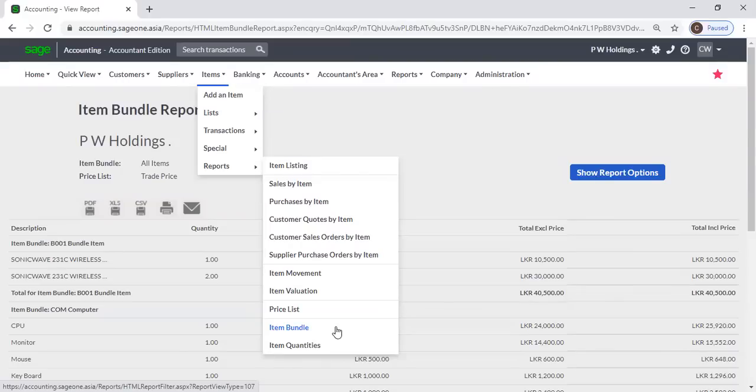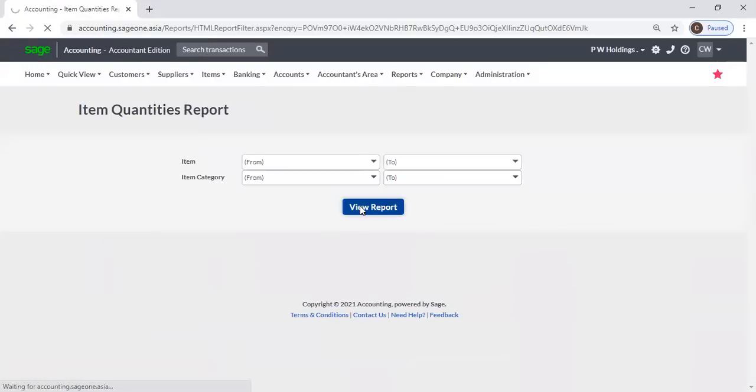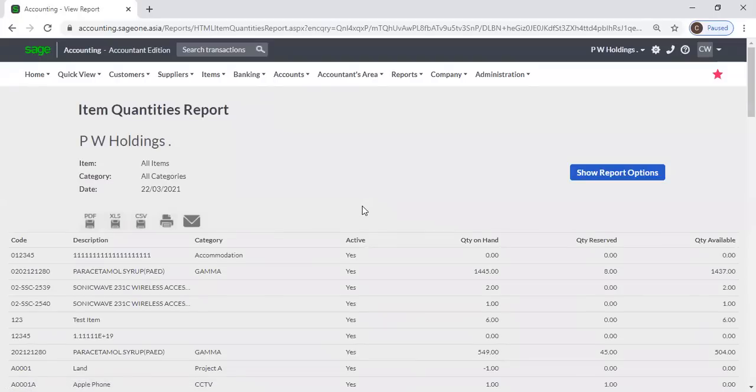Okay, next we will move to item quantities report. From this report, you can generate item quantity on hand, quantity reserved, and quantity available report. Now, quantity reserved means you can enter sales orders in this system, and if you want, you can reserve those quantities in the system. Now, for an example, you can enter